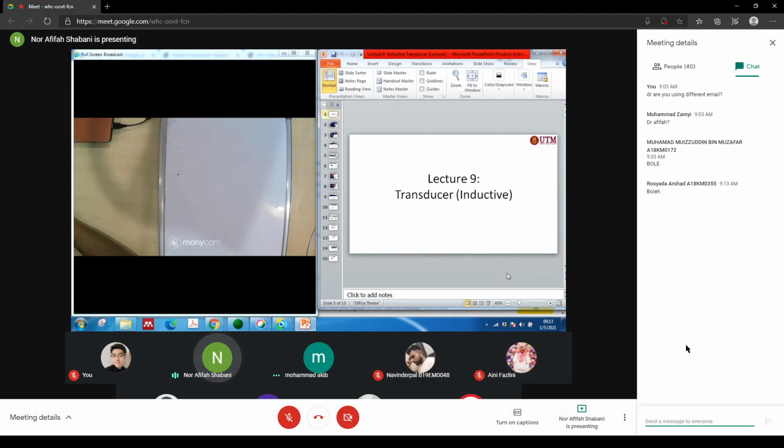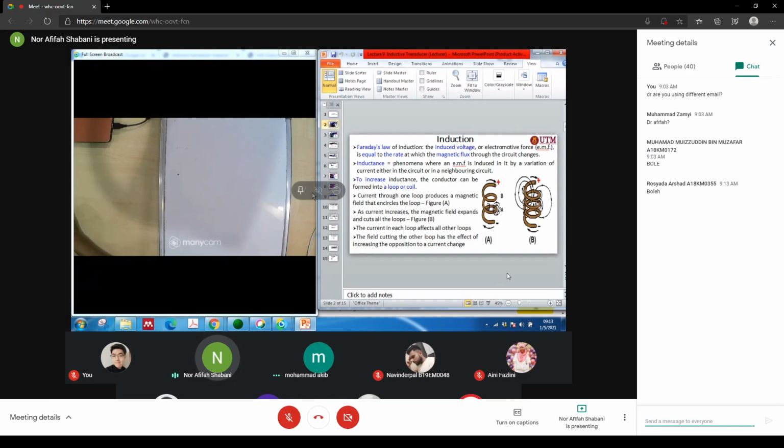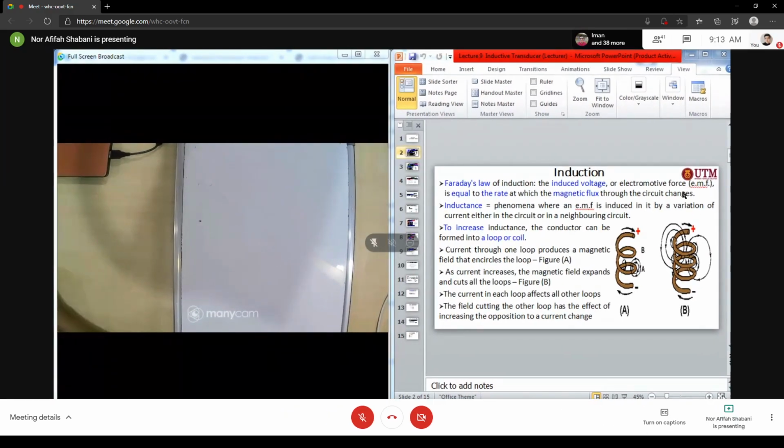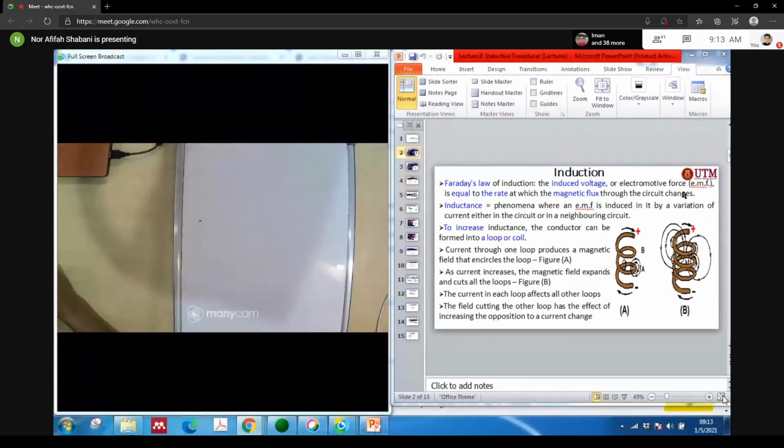Okay. Let's look at induction. So what is really induction? Induction happens when we induce some current or some voltage into some, what we call it, some coil. Okay, we can call it a coil. So this coil produces some